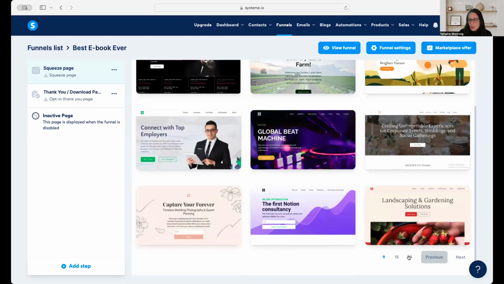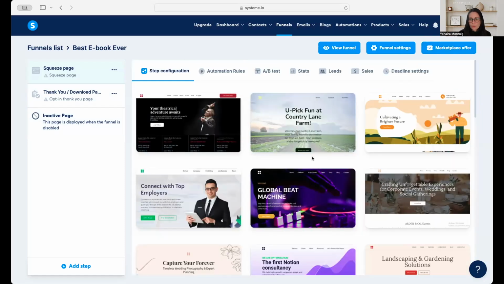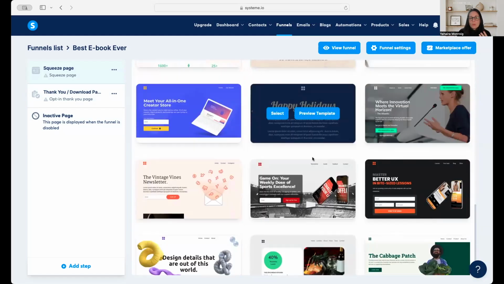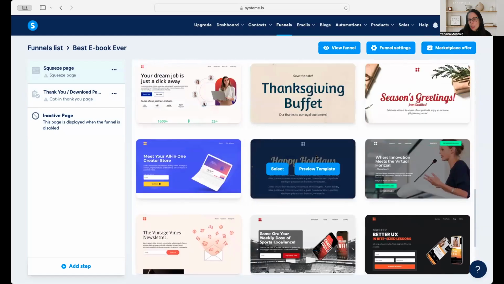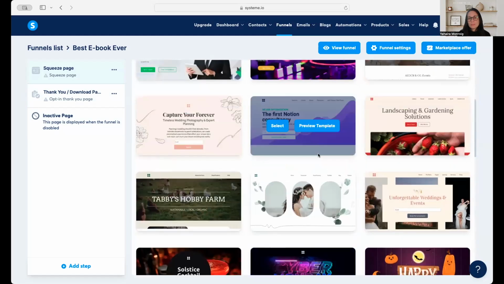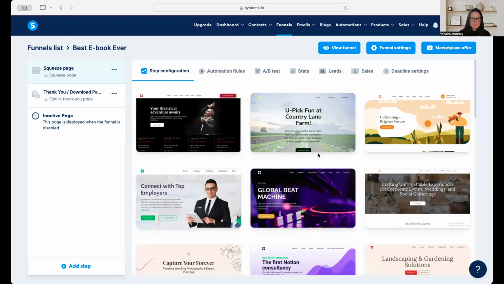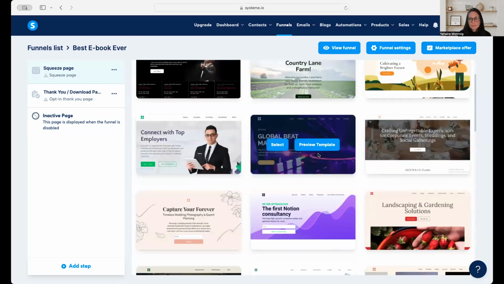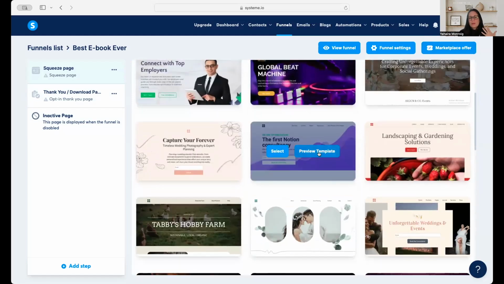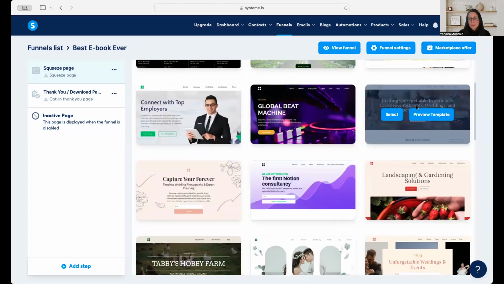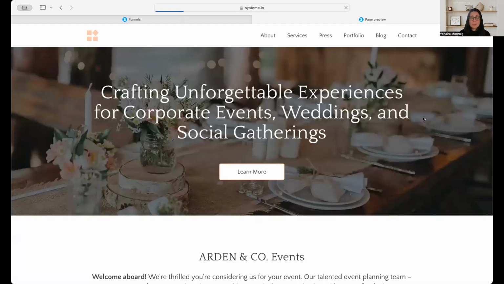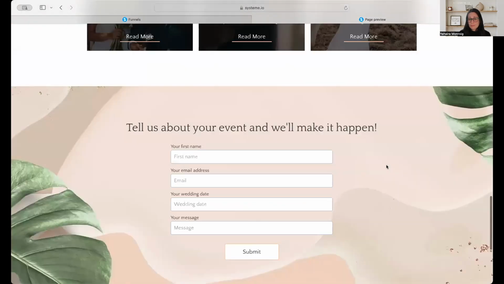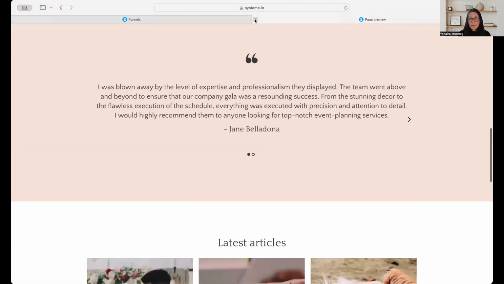There are so many templates here to choose from. So many, and they keep adding templates all the time. One thing I've learned with templates is not to overthink it. Just choose one. Choose a template and work with it. Because if you start previewing the template, let's say this one, you preview the template. Yeah, it's beautiful. Look at that. This funnel, I love it. However,